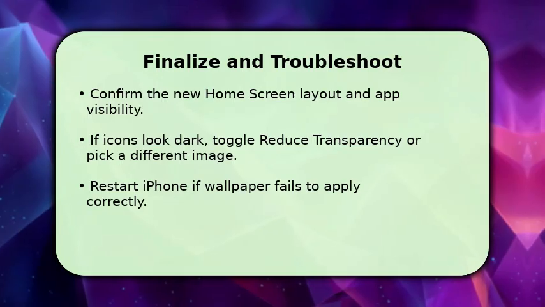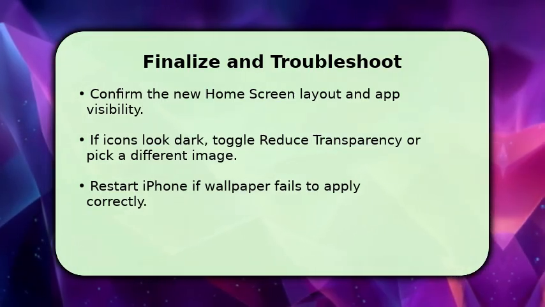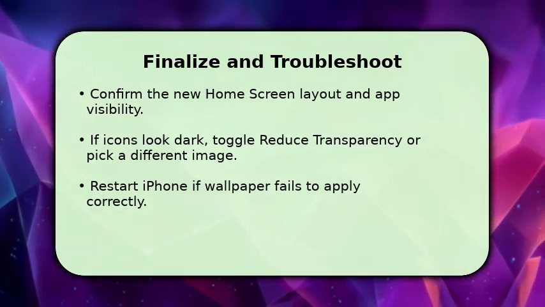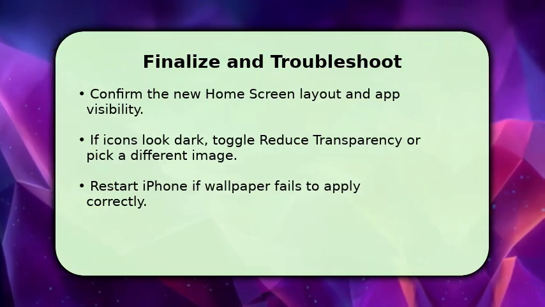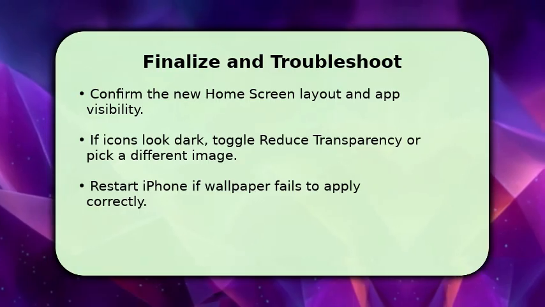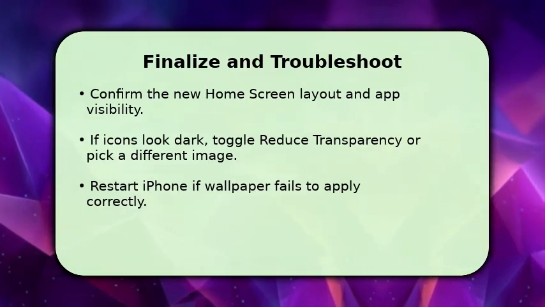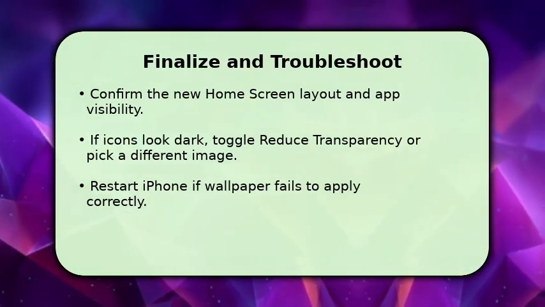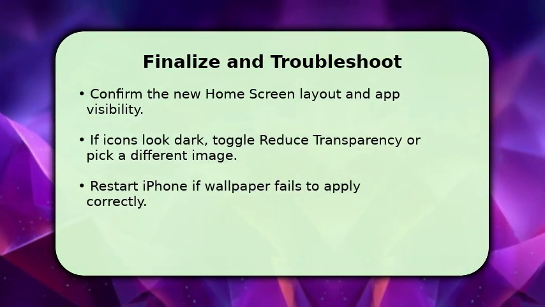If icons appear hard to see, try a different photo, increase contrast in accessibility, or toggle Reduce Transparency in Settings to improve legibility. If the wallpaper doesn't save or reverts, restart the iPhone and repeat the Set Home Screen step. This resolves most